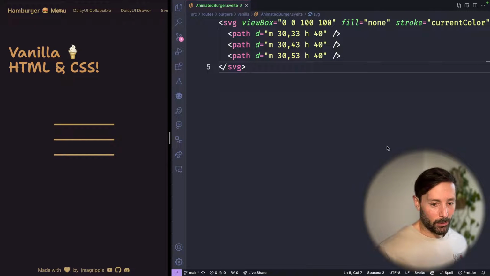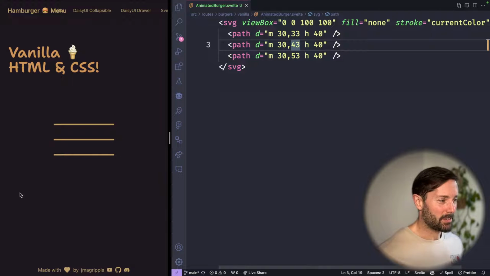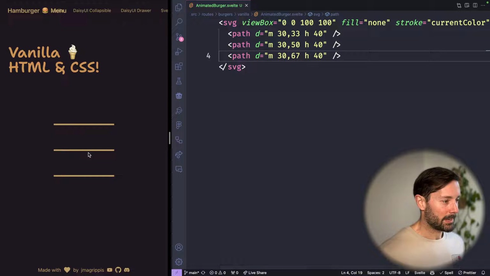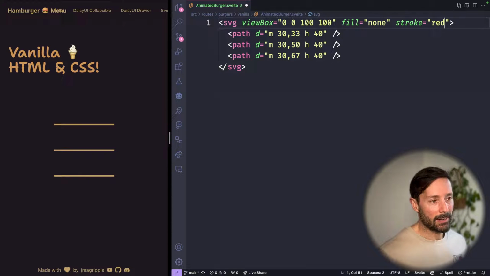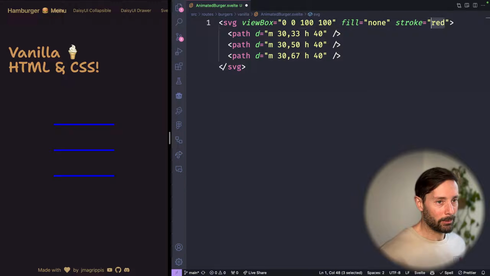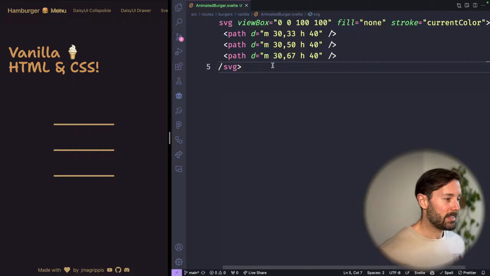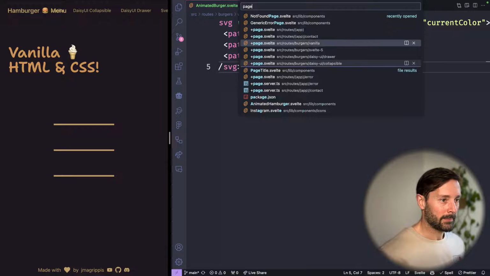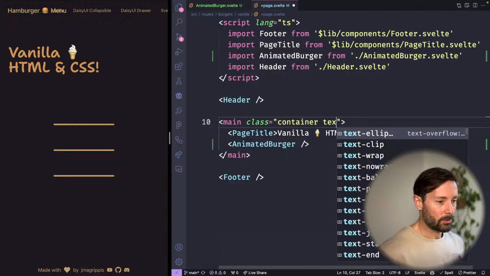So according to the examples that I have, to make this hamburger have nicer spacing, I think I keep adding like 14 or something. Let me double check. I think I keep adding 17. So let's do this. So it has more pleasant spacing here. And you can see that here, if we said that the stroke should be red, it would be red. If we said it should be blue, it will be blue. But if you say current color, it's easier to do stuff like, in this example, I guess. So if you said text